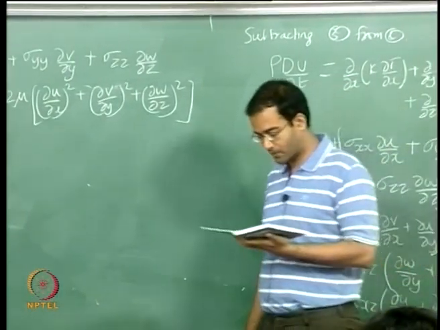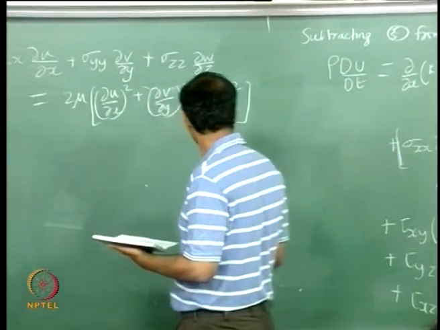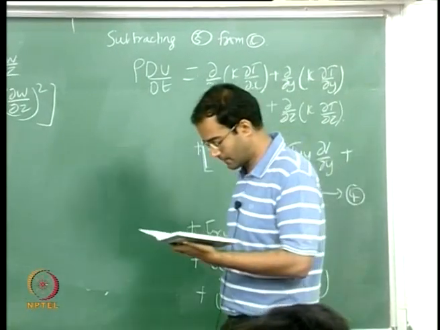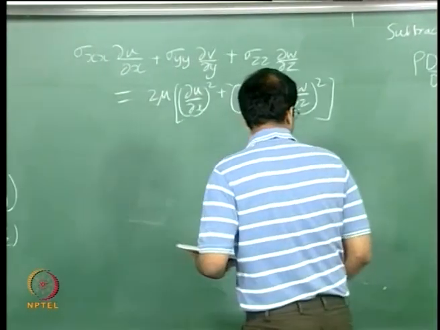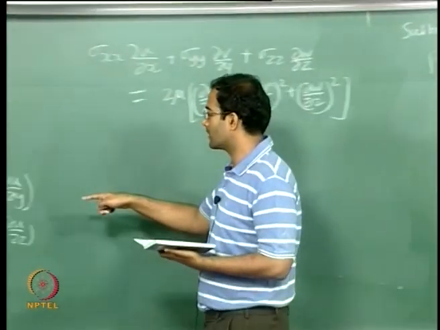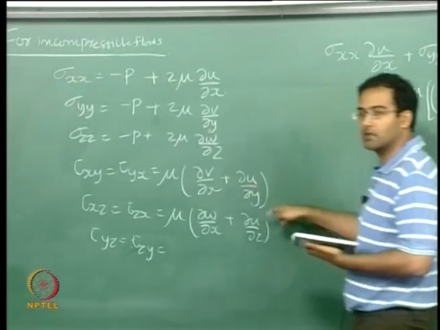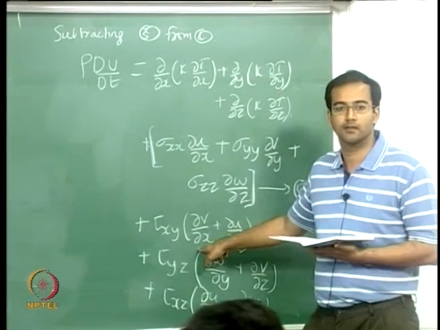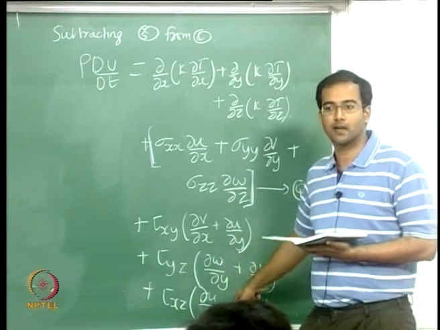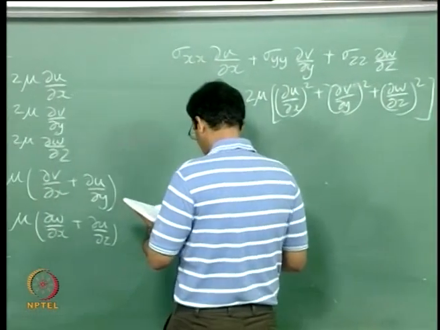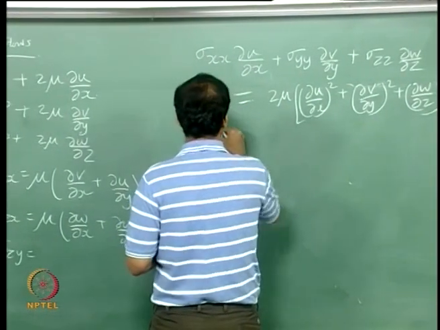So the incompressible approximation is going to simplify the normal stress work to a great extent. So if you look at this term here, tau xy, you can see that is already nu times dv by dx plus du by dy. So this and this multiplies and this will be again a whole square. So these are relatively straightforward terms. So if I combine that, I can once again express equation 4 as